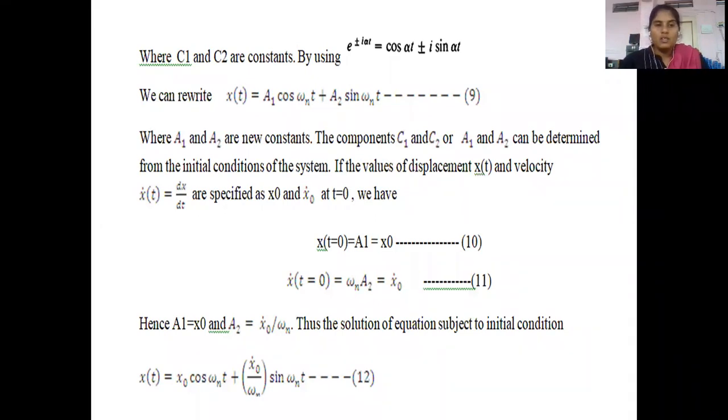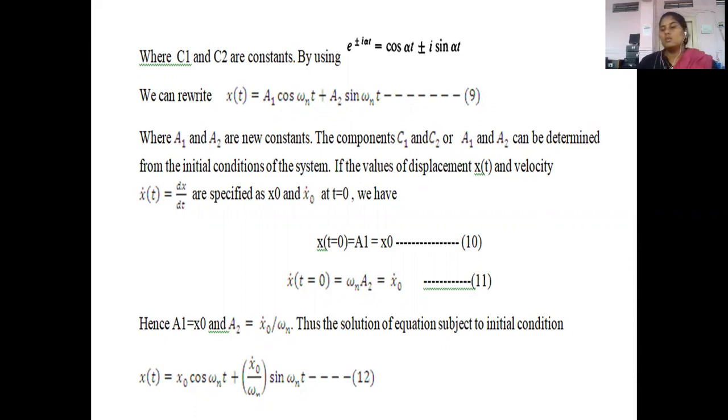Okay. Here, see, this A1 and A2 are the new constants, C1 C2 are the old constants. Okay, C1 C2 are replaced by A1 and A2 over here. And now we have to apply the initial conditions to that system. At this initial condition, the displacement x of t at time t is equal to 0 is x naught. And we have to take the initial velocity, that is x dot naught, meaning we have to take the first derivative. The initial velocity at time t is equal to 0, that is x dot 0, is v naught. Okay.